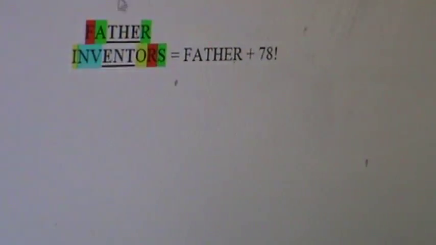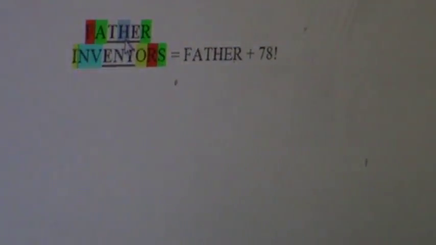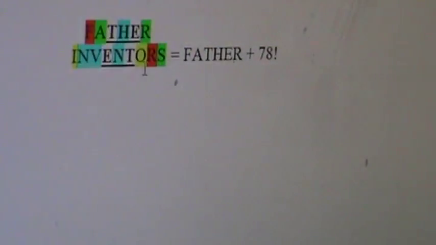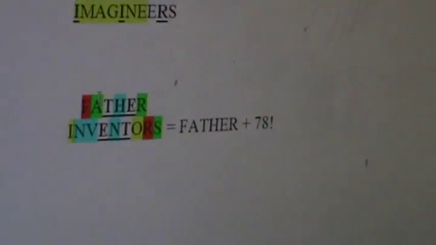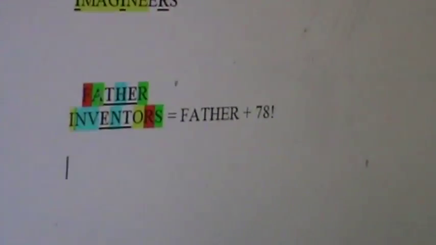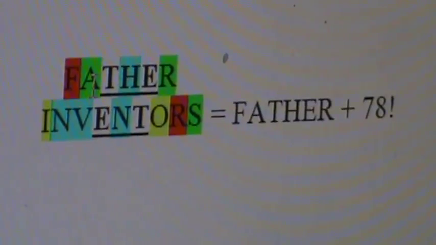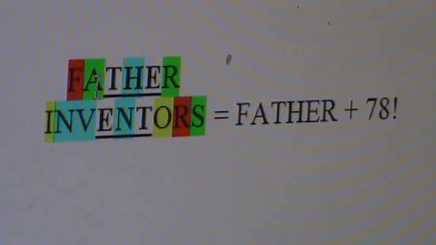And let's just add a little more bonus here. Look, the H differs from an N by 6. Another 6, and then an E is an E, and a T is a T. So allow me to review all the 6's offset in Father, who created all the inventors in all of world history. Okay, Father created all the inventors in world history.